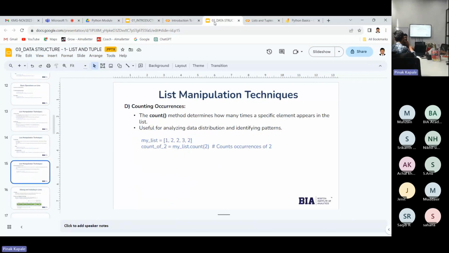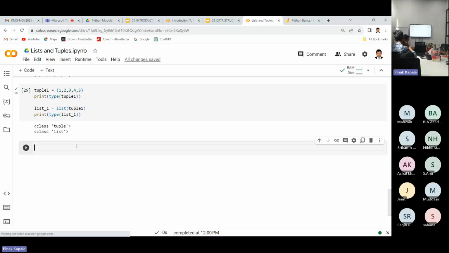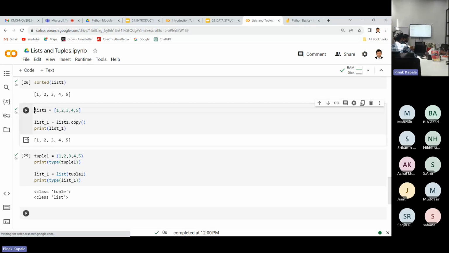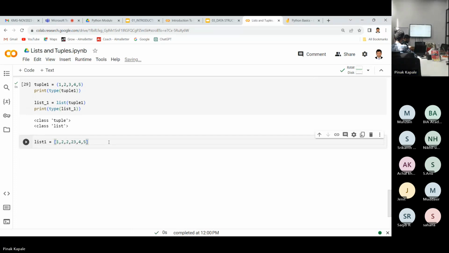And then counting the occurrences. It's the same, right? Just like we have done in the string. In string, we count the occurrence of a substring, and in a list, we can count how many times an element is present in a list. One, two, two, let's say, then three,